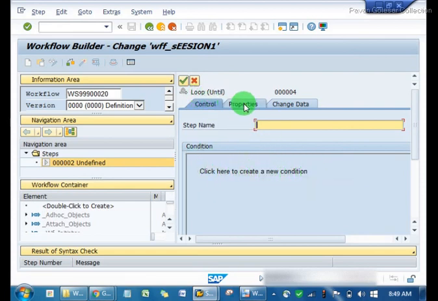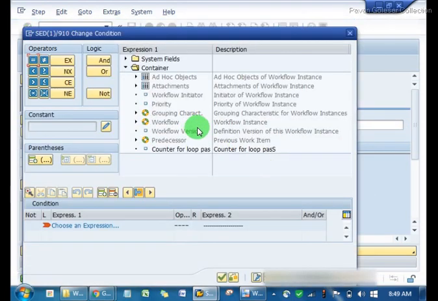Now for loop, like for a where clause, we have where I equal to, I less than something. So this condition is set up here, and it will be created by clicking it. That's it. Now I have just clicked it and I can see my variable is over here. So once I double click it, the variable should appear here. Okay, and variable value we can give equal to, value should be 0.